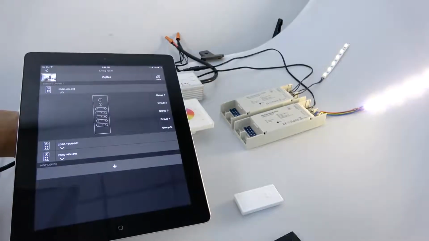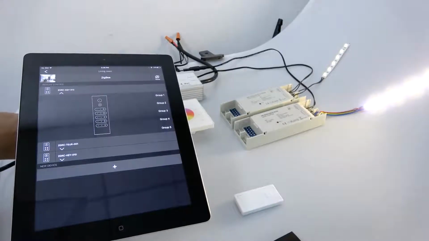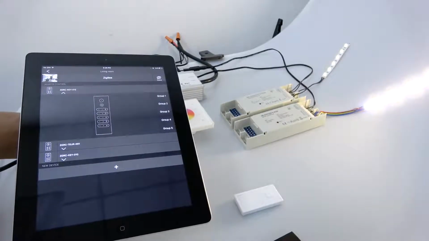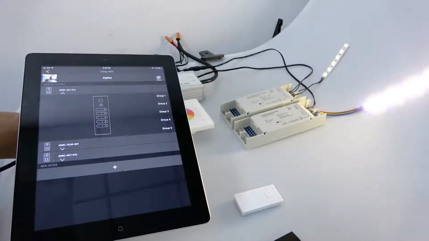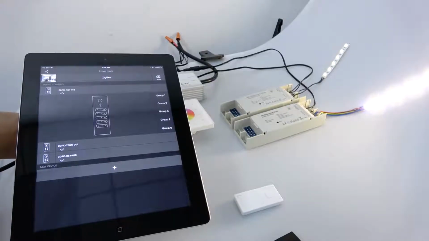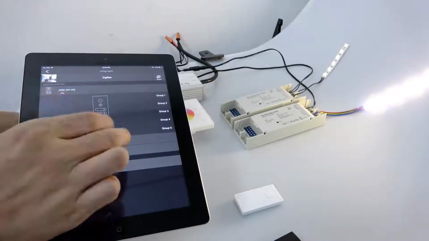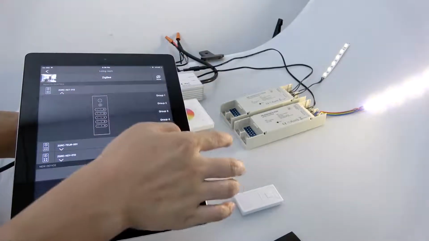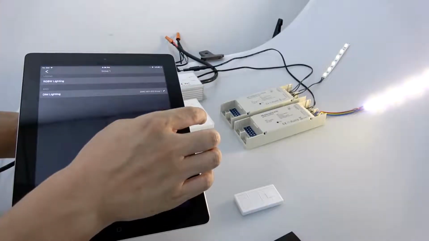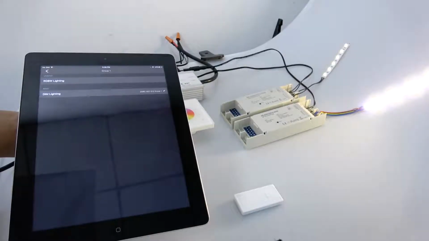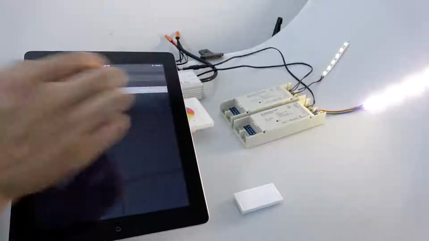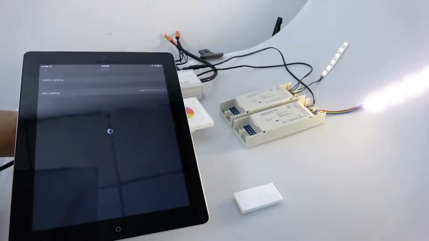And if we want to bind another single color remote to the same receiver, we have to first unbind the previous remote. First, we unbind this remote. Since the receiver is bound to group 1, choose group 1. Then activate the remote, tap the single color receiver,